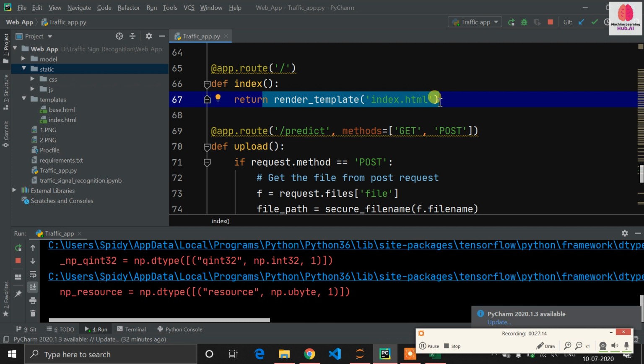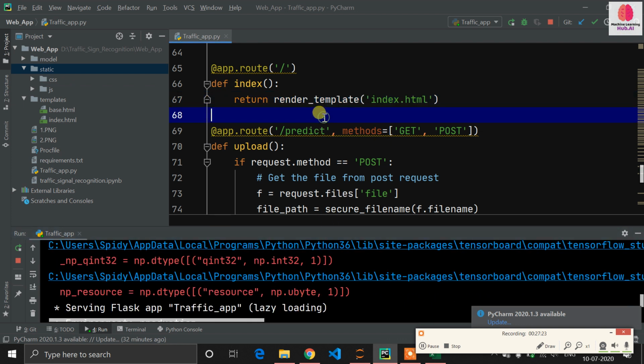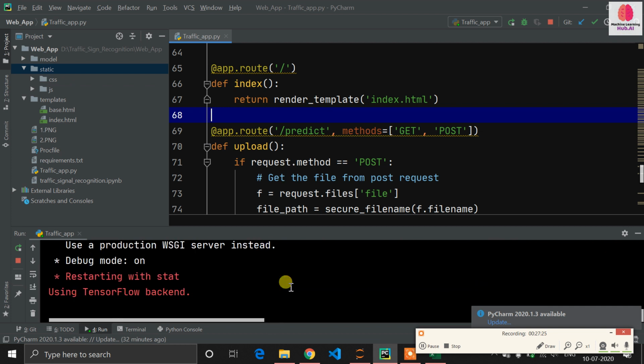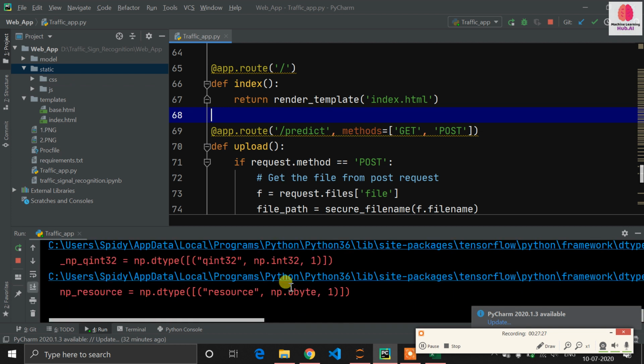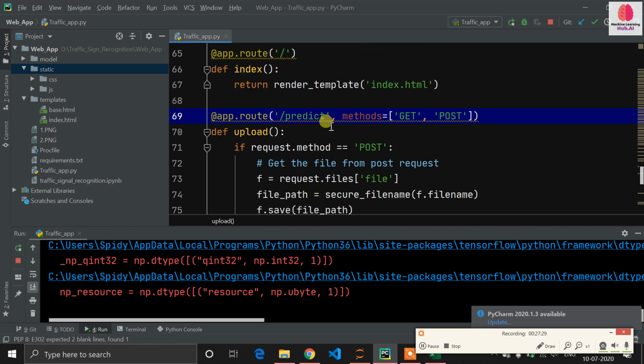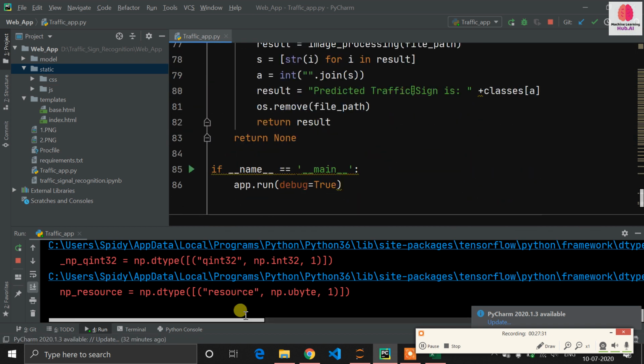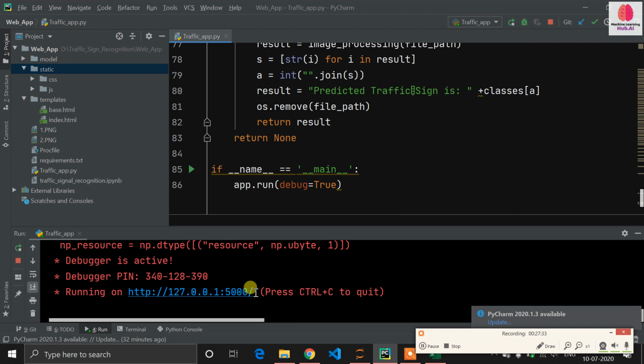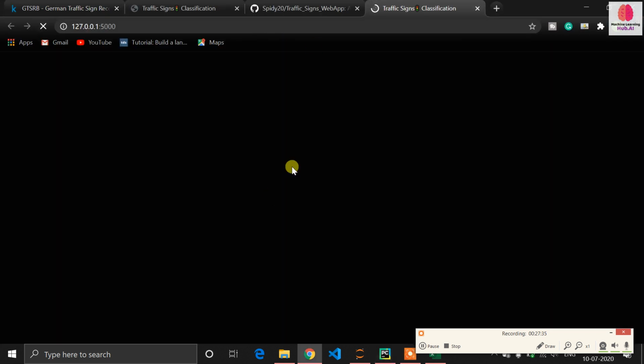It returns index.html, meaning when you go to the URL it shows the index.html page. Sorry guys for the delay, but it's okay. So now my application is running.